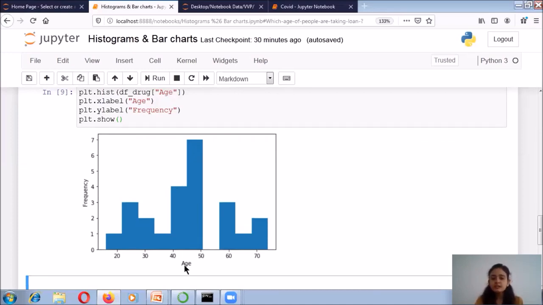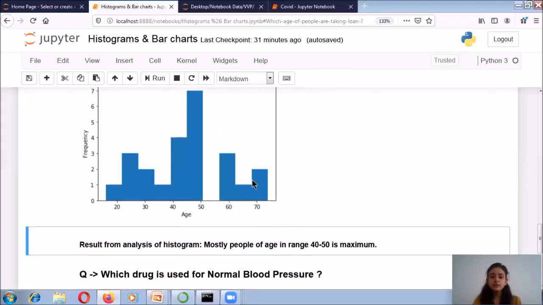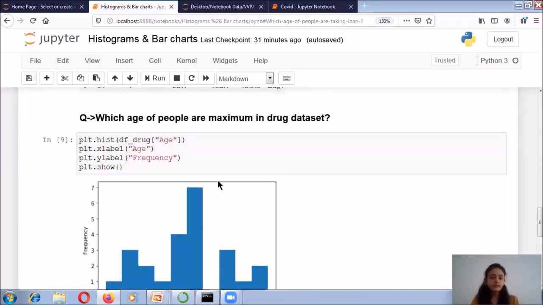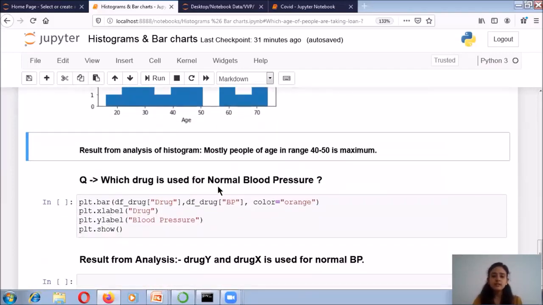So you can take this as the complete range, that the people who are in the age between 40 to 50 are maximum in my data set. So from the analysis, I got the answer that most people are in the age range of 40 to 50 in my data set. So this is how you have performed the analysis.